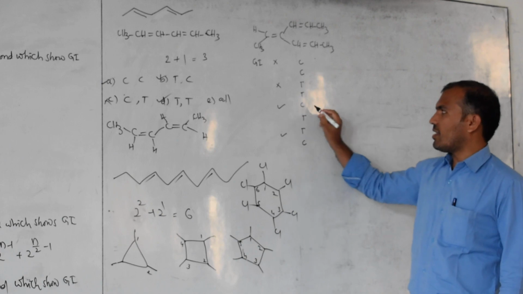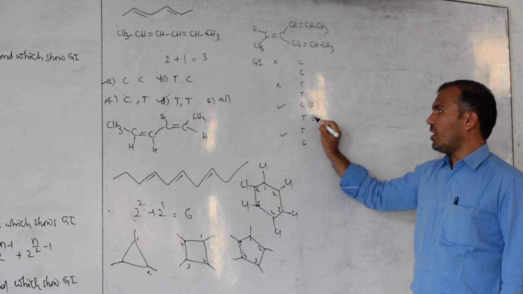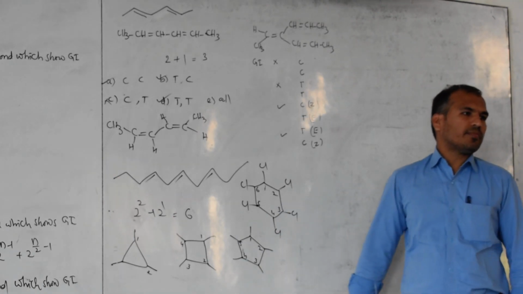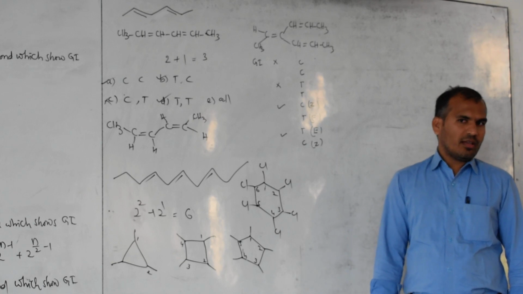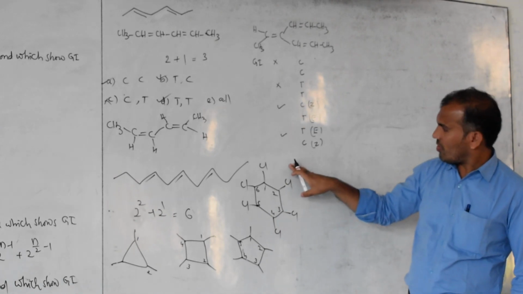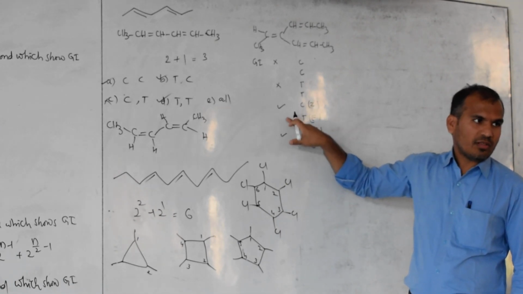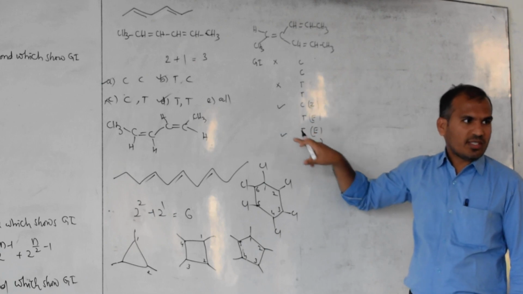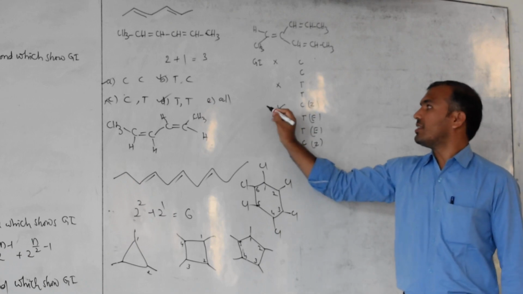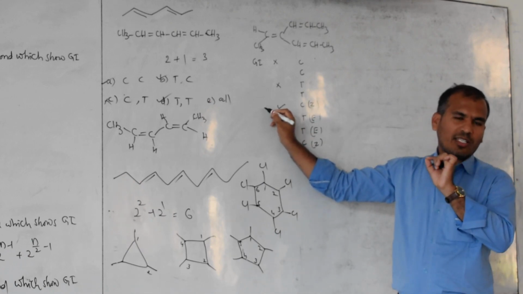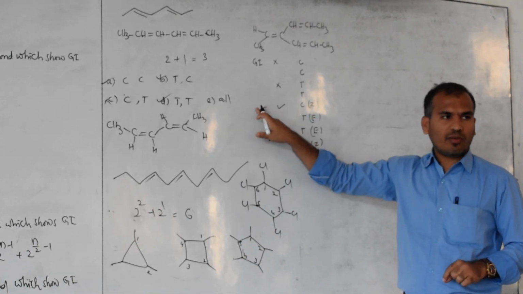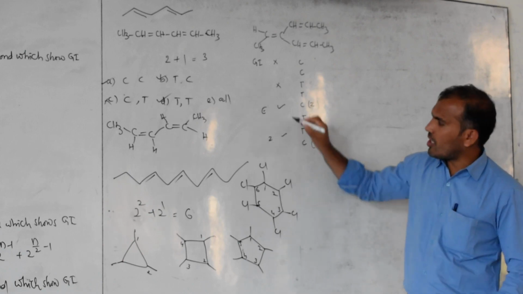If you are not applying cis-trans, then you can say Z, E: if one is E, then the other is Z. Then how many isomers are possible? 4? Only 4 with respect to this. For the other groups, 2 are possible. Cis and trans, or E or Z, you can consider. I am not giving it with respect to nomenclature. If it is E form, then the other is Z form; otherwise if it is Z form, then it is E form. Only 2 isomers are possible.